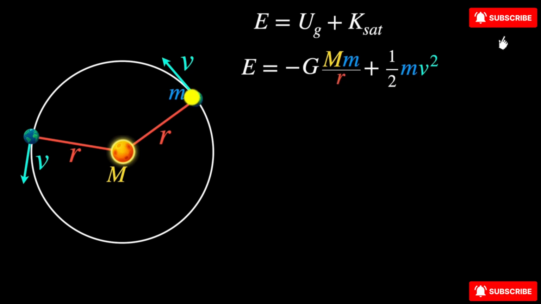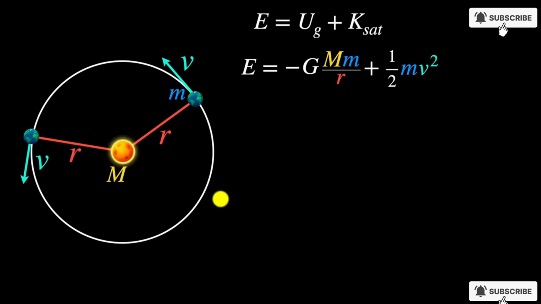Therefore, the kinetic energy of the orbiting planet or the satellite must also be a constant. In other words, the speed of the orbiting object should stay the same. So this tells us that in circular orbits, the object's speed must stay constant. But wait, what should be the expression for that speed? In circular orbits, we intuitively know if you are closer to a star, it should be orbiting faster. But if it's farther away from the star, the planet would be orbiting much slower. So can we find an expression for it?